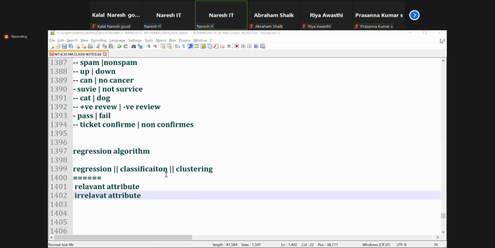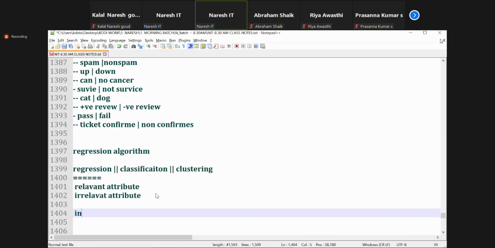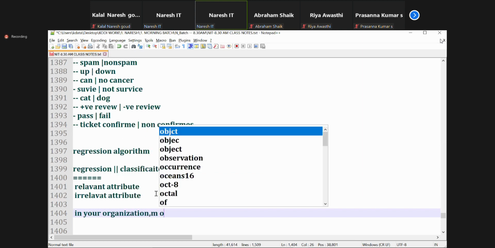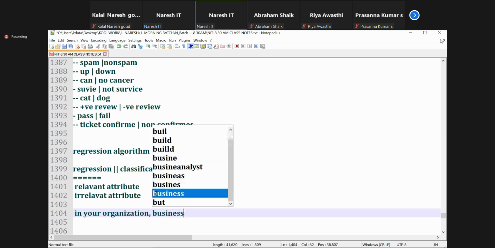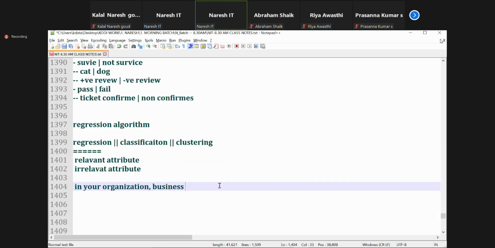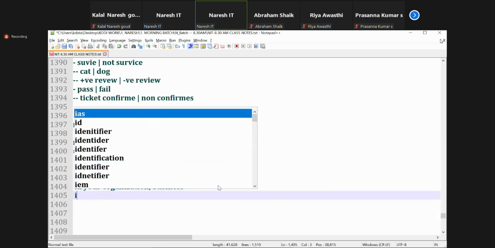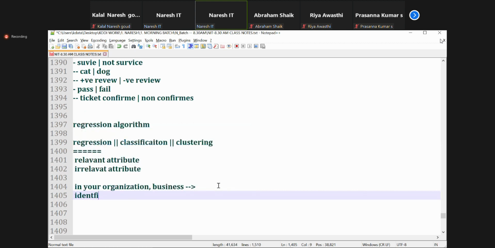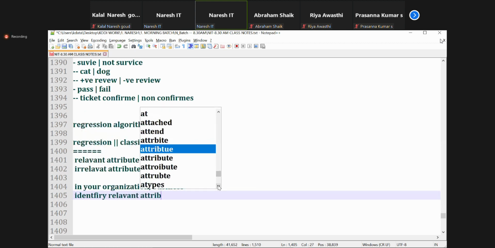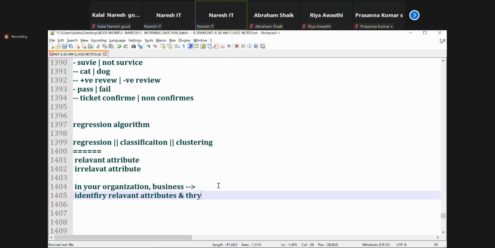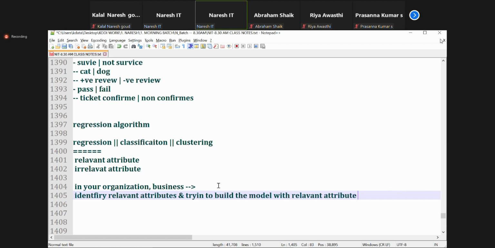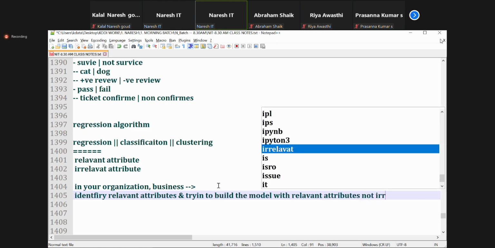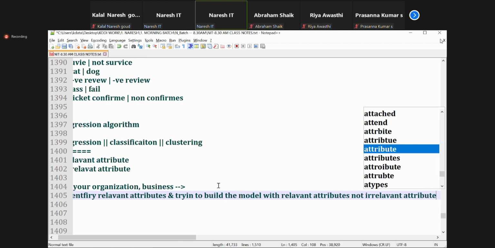Every time, I want you to understand, in your organizations or business, whatever data you're working on right now, which attributes you're using. Identify relevant attributes and try to build the model with relevant attributes, not irrelevant attributes.